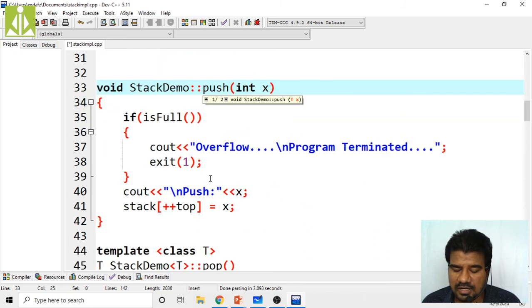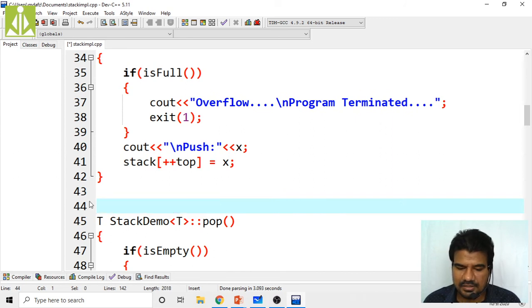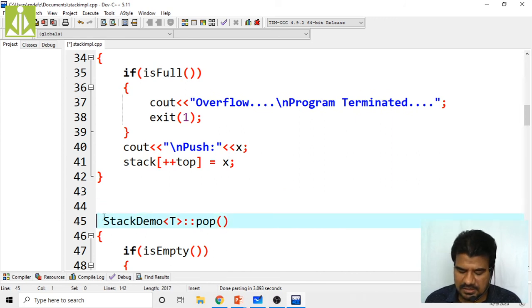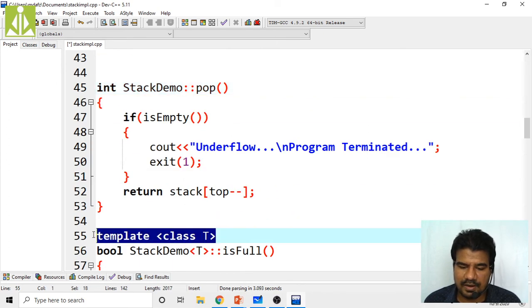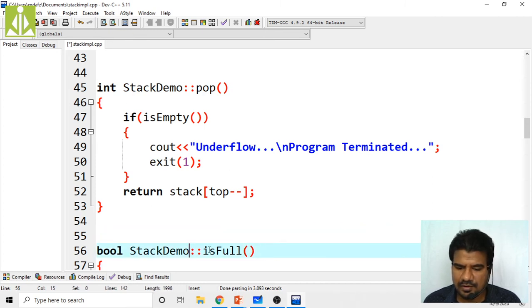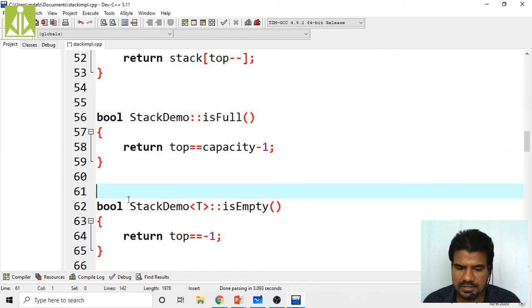This way we can convert our template declaration to integer specific. Remove the template and make the return type not template but integer, and remove this. If empty, we are removing this also. You have to remove the template, and this you remove. Here also you remove is empty.